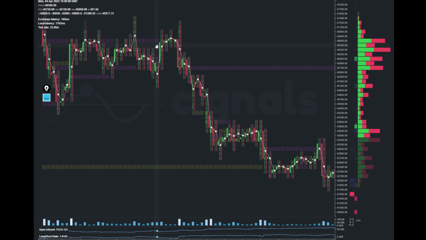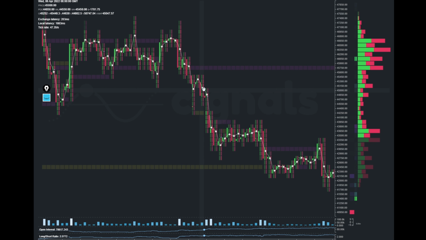VWAP is very important in this too, to understand value, understanding where your POC is, where VWAP is, where current price lies. That's all very important. We're going to get more into how this all plays into each other and how to use this to formulate trading strategies. But you can see the relationship between POC and VWAP and current price. It's very important. You can see as we continue to fall, or as we continue to try to buy into these lows as we fall,